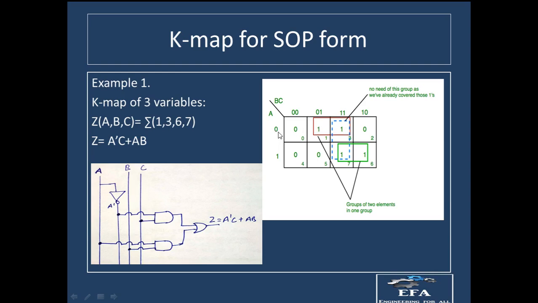So A is not changing. Now the value of A is equal to 0, therefore we have to take A complement. So you can see over here A complement is taken. Okay, so again on this side if we see that B is equal to 0 and B is equal to 1, right? So B is changing, so we have to drop it. C is equal to 1 and C is equal to 1. C is not changing, so we have to keep it, right? So for this box, A has the value equal to A complement and C has the value equal to C, right? So it will be equal to A complement C. So this is the value which we have received from the first box.